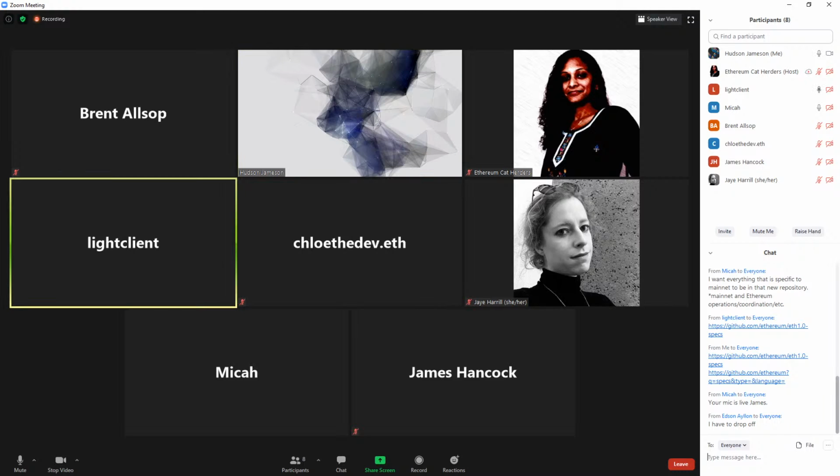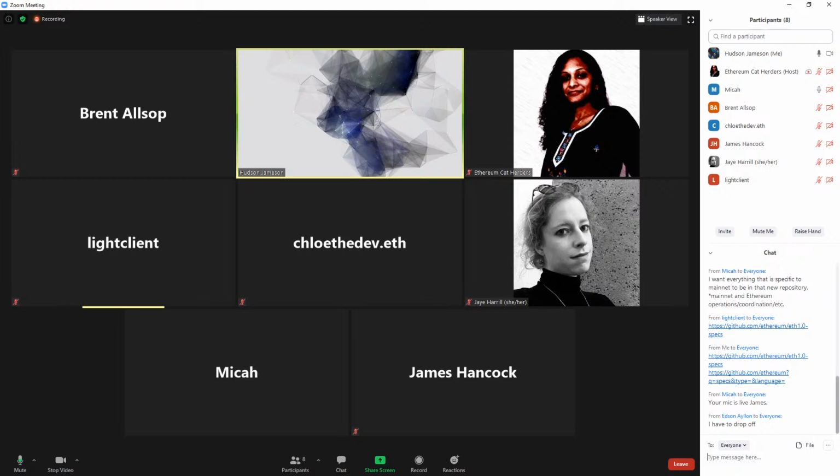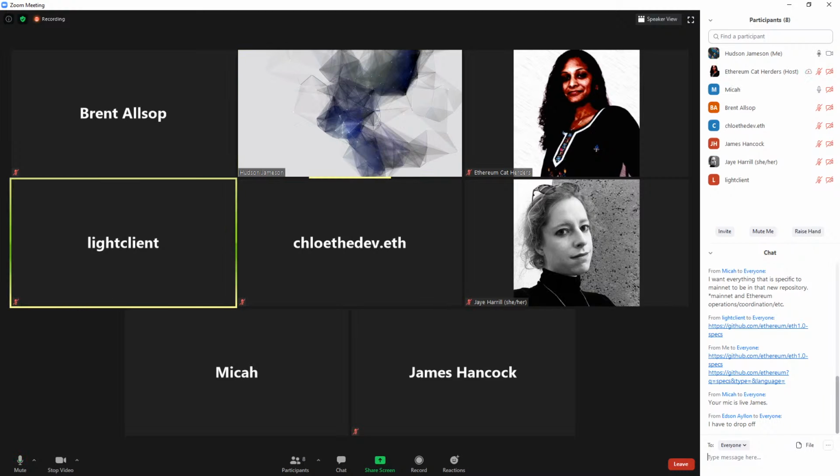Yeah, we can figure out whatever the right way to do it is. I just don't think that baggage should stop us from making a cohesive specs presence. Of course. And we would definitely put the yellow paper as a part of this, like go here to look at the yellow paper and go here to coordinate it, directing people on the README. That's more what I was thinking. But if you had something more in depth, then we can definitely see about that.